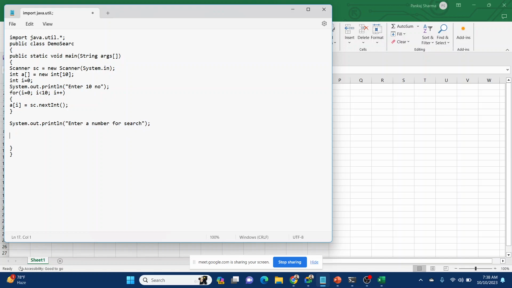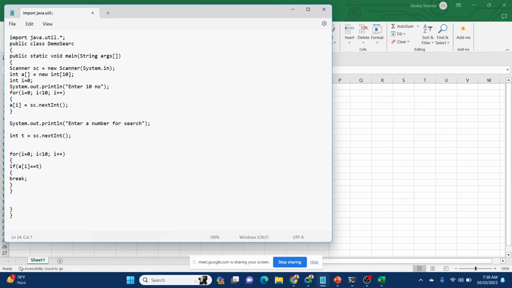Now, if we are asking the user, we need to store it somewhere. So int t is equal to, it's temporary, or if you want to make it s, you can make any variable. Int t. Now we are taking the input into int t, the number to search. Now we will run the linear search. Linear search means we will check every number possible, less than 10, i plus plus, and if a[i] is equal to t, the moment a[i] and t are equal, we should break the loop.